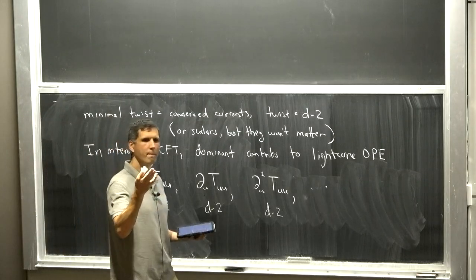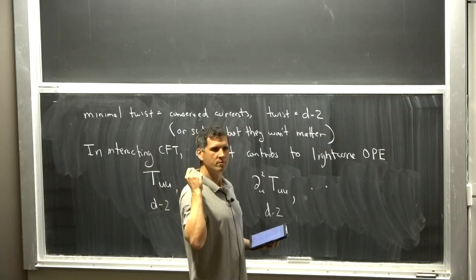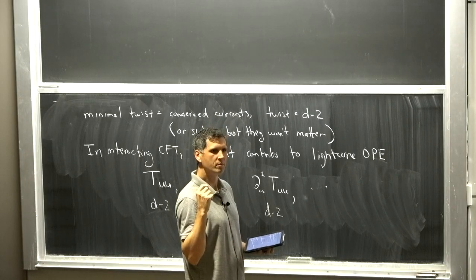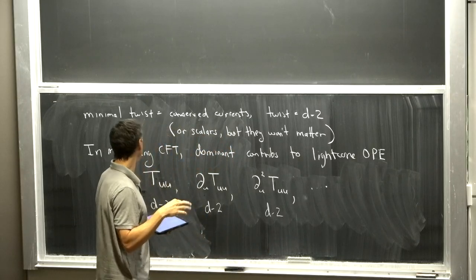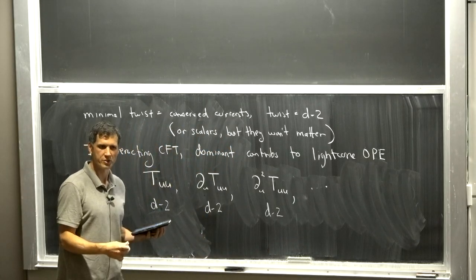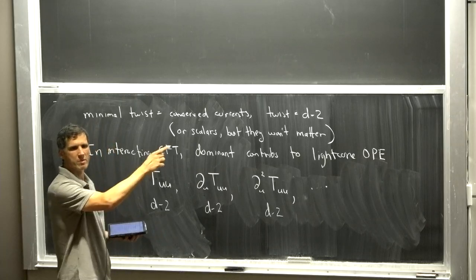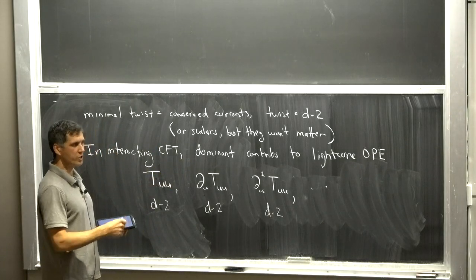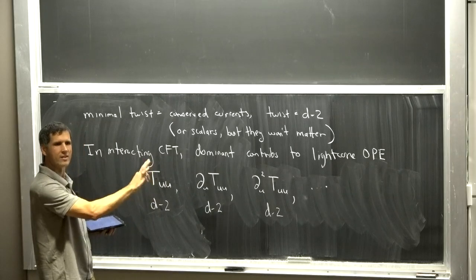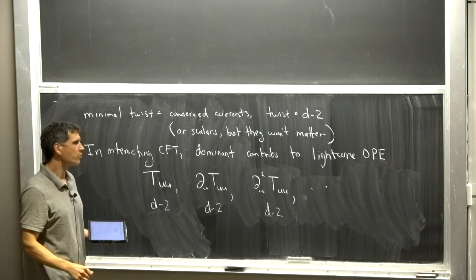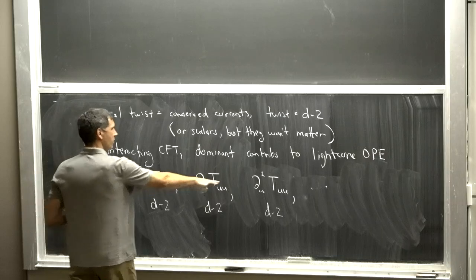Is the question, usually when we do an OPE, we think about a sum of primaries, but the operators you're drawing are descendants? That's okay. So the question is, what's up with primaries versus descendants? When I was doing this dimensional analysis, I was just using general operators. At no point did I organize things into conformal blocks or descendants or anything like that. That's why I had to list all of these.